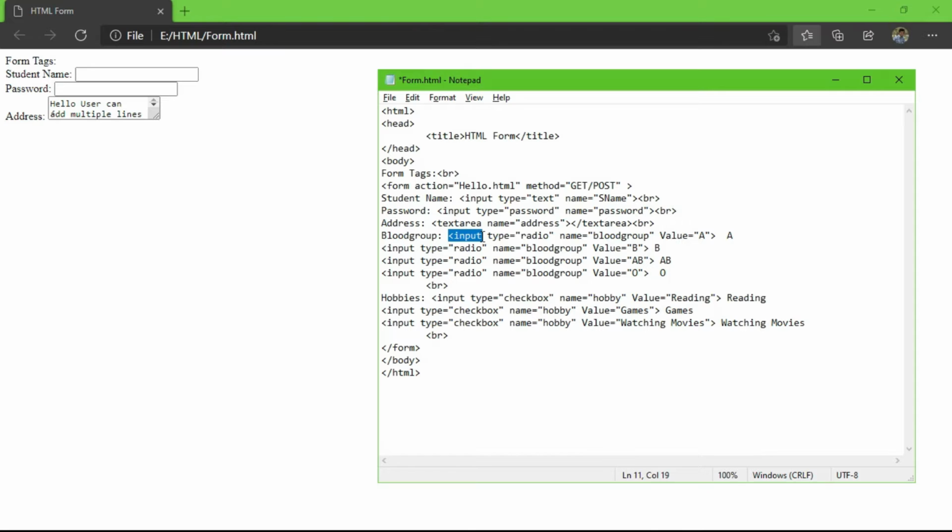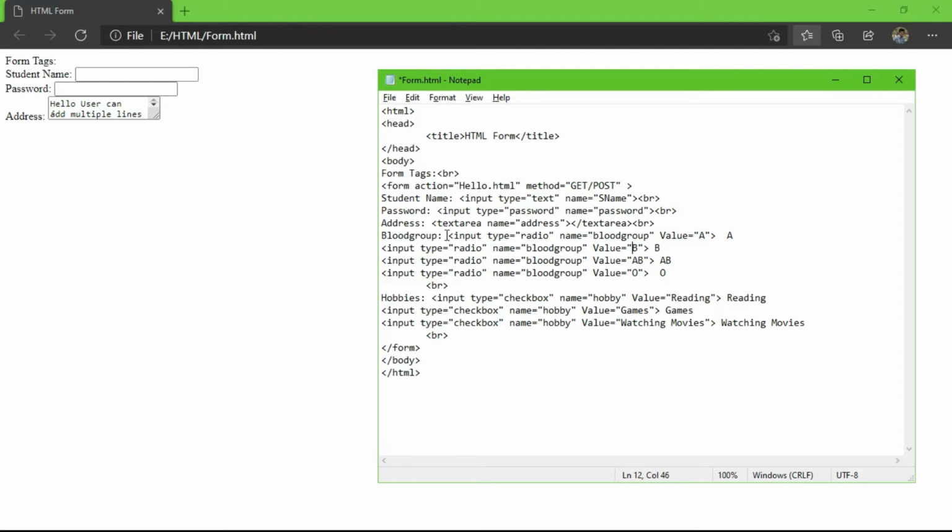So the input tag, then type equal to radio, then name of the field equal to blood group, and the value attribute is set as A for blood group A. Then for the next blood group B, the value attribute is set as B, and for the next AB, and for the last O. So we want the user to select only one blood group from the provided 4 blood groups.